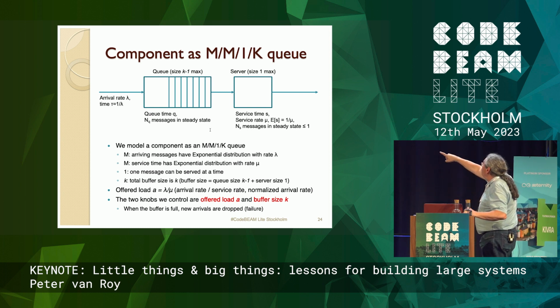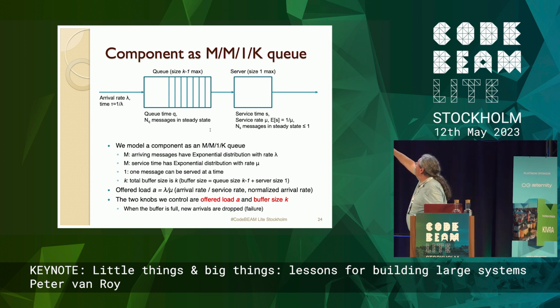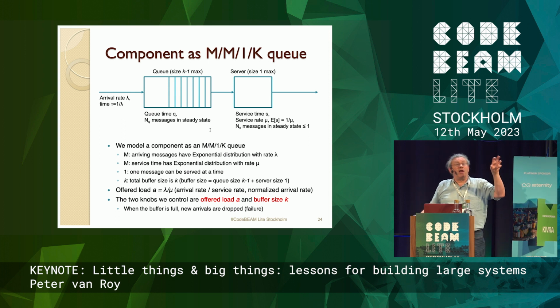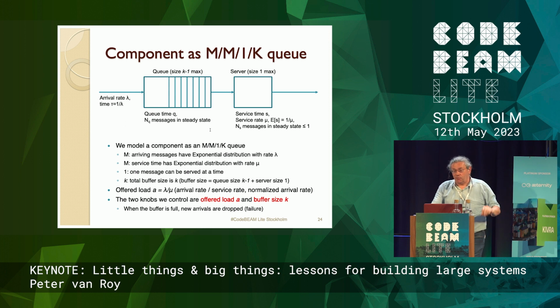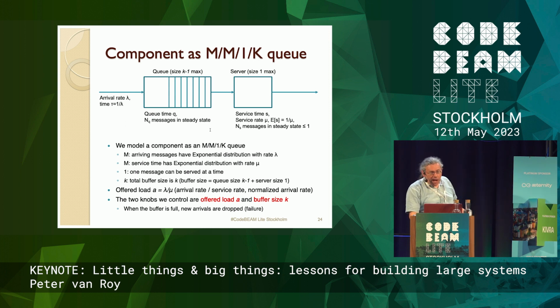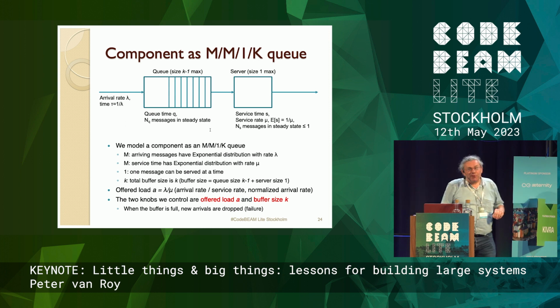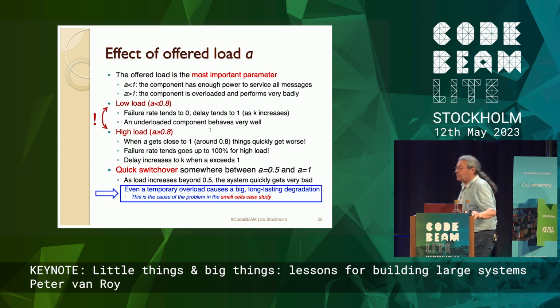So the offered load, we will normalize it, lambda over mu, so it's the little letter A, which I will talk about today. So normally, you can handle a load of 1, right? Which is, the incoming is the same as the server rate. But when packets come in and the buffer is full, they're dropped. So how does this relate to our little small cells example?